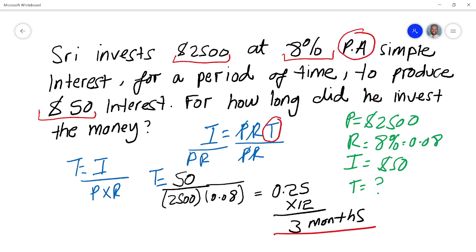All right, so that's how you work out this question. Unlike the previous video that I put, where we looked at solving simple interest, in this one here, we needed to manipulate the formula using changing the subject of the formula to make T the subject, because we want to find out how long it took, and then